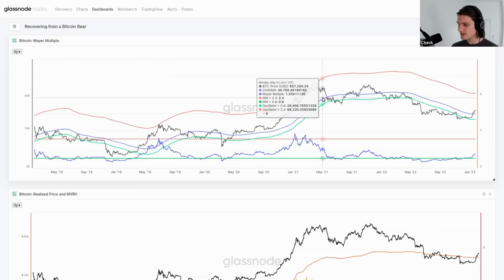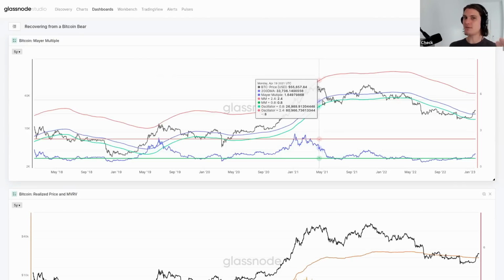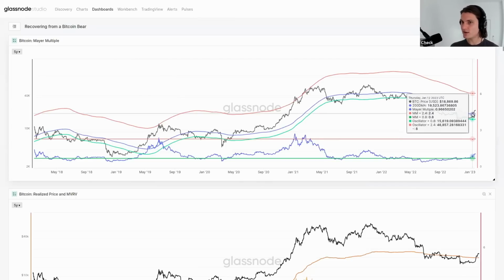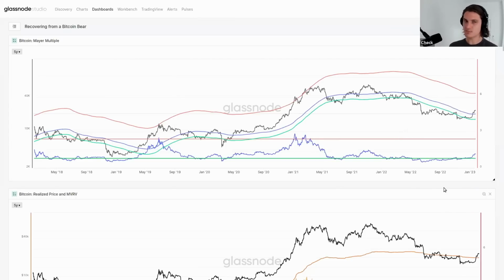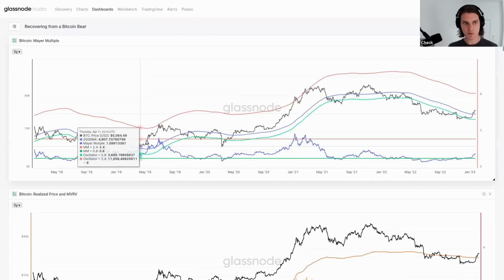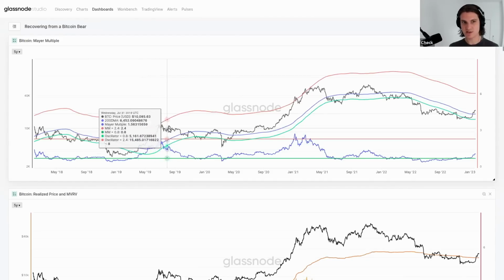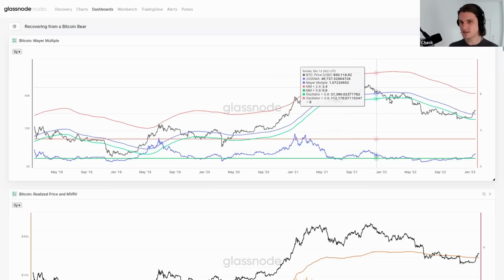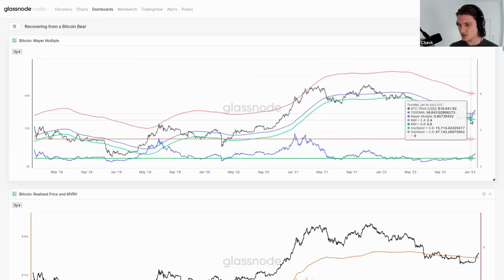Human beings have this, it's got to do with how long our memory is, when we last bought and sold coins. People have an attachment to this kind of time frame of about 200 days. And then you add in there the layer where every technical analyst in the world pays attention to it. Many asset allocators look at it and say, if below, bear; if above, bull, as kind of an initial litmus test. And you can see that once we break above in 2019, we spend most of that time above. 2020, we spend most of the time above. And breaks below tend to signify there's a bit of a regime shift.